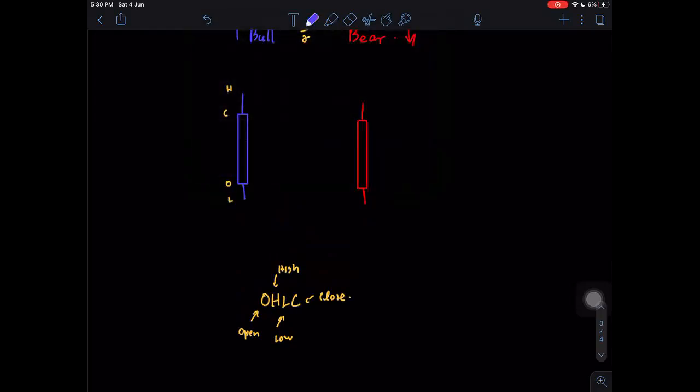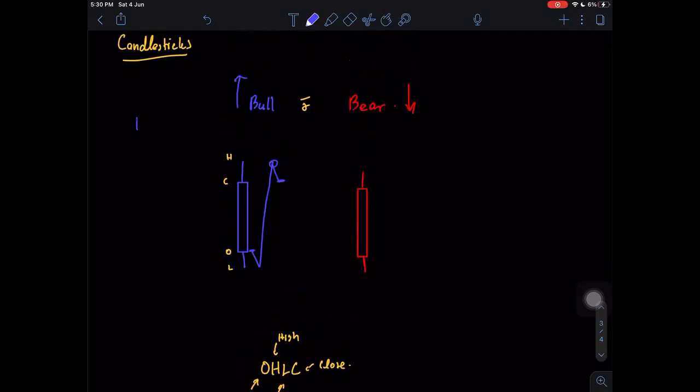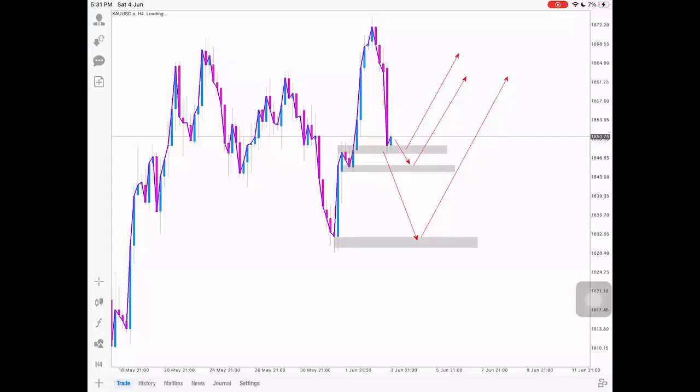So in raw price movement, it looks like this. This is where it opens, and this is where it closes. This is the highest point it went. Let's say you're dealing with an H4 candlestick. This is the price movement in the 4 hours this candlestick has been made. My favorite time frame is H4, by the way. H4 and weekly and daily.